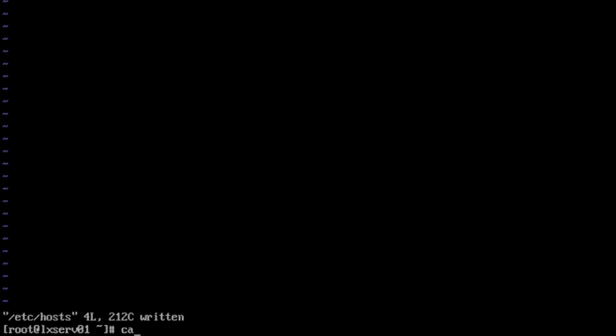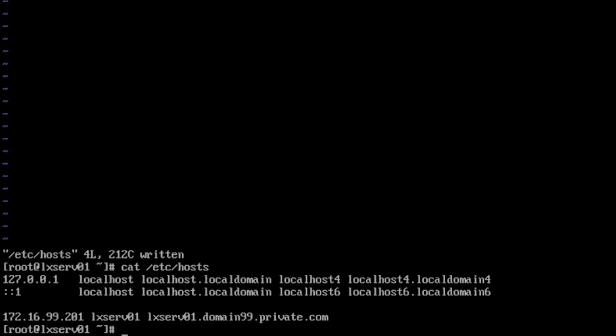Okay, let's double check the /etc/hosts file. So here is our entry, our IP address 172.16.99.201 and hostname lxserver01 and fully qualified domain name lxserver01.domain99.private.com. The second thing we have to do is to edit the interface configuration file for network device